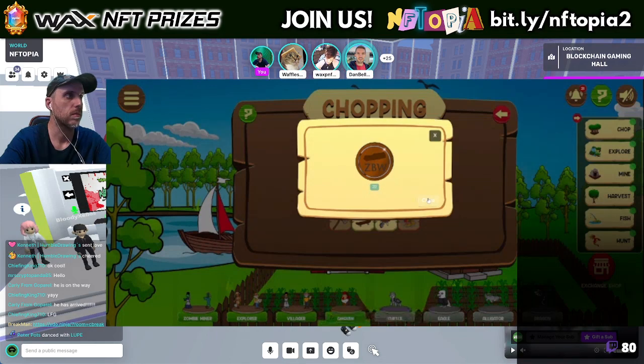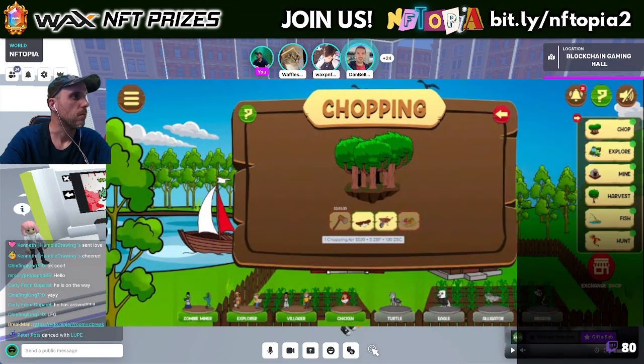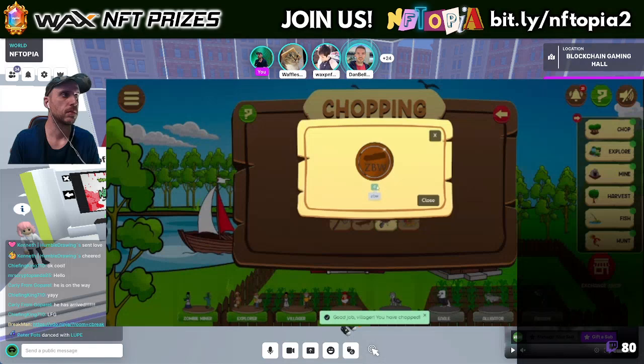The next one, there is a cooldown of 2 hours if you want to chop again, but if you want to do more tasks within this cooldown, you can do the next task, which requires you to own a skateboard, and you also have to pay 1 ZBC. So I will do it to show you. Now I found 4 ZBW,